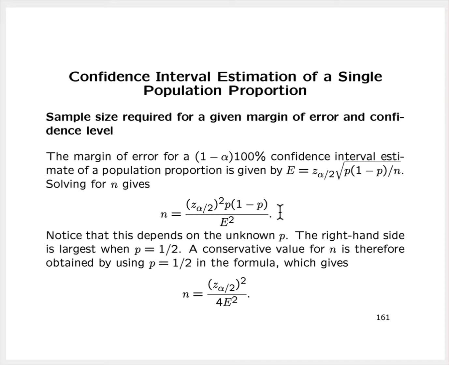And so then we would use that, and that would give us a value of n that we can use for our sample size. And so that's where the 4 comes from in the denominator. All right, we're using the most conservative value of p in this expression, in the sense that the margin of error that we eventually obtain, if we use this sample